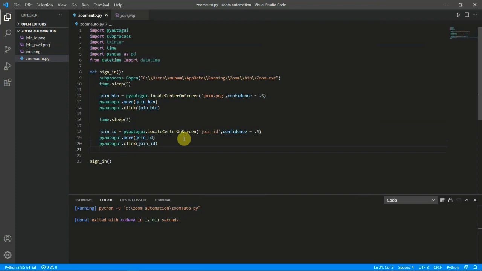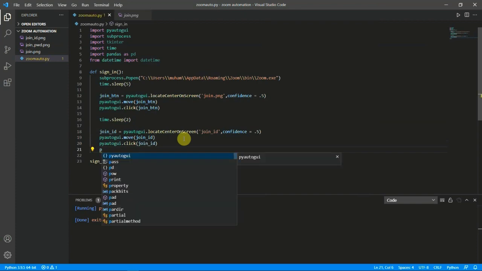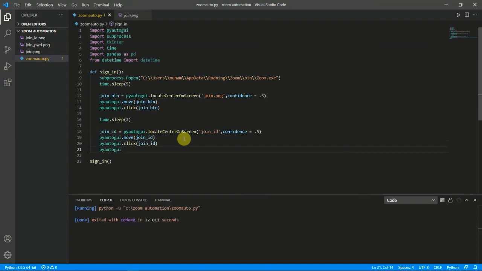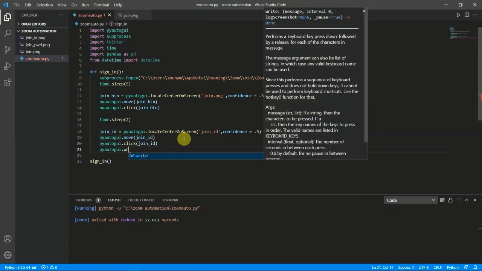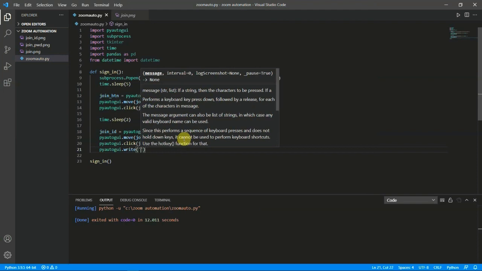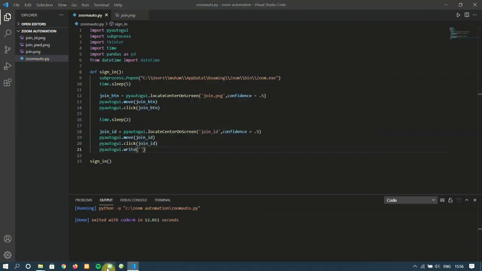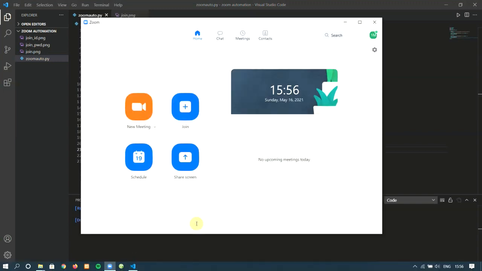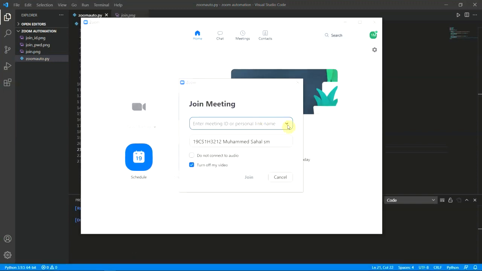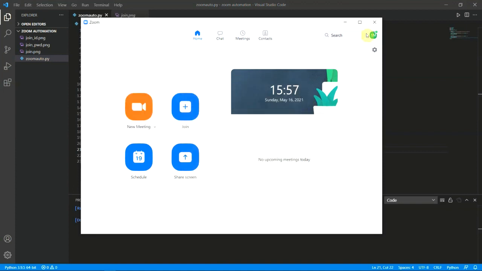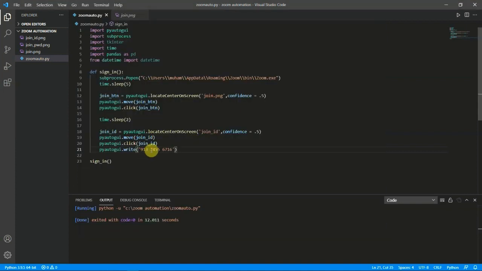Then we have to enter our ID. For that we will use pyautogui dot write, and inside single quotation marks we have to write the ID. We will take the ID from Zoom, which is here. Let me copy this ID, paste it here and remove the white spaces.